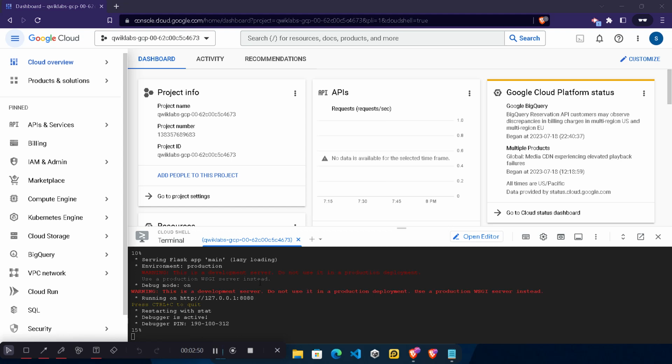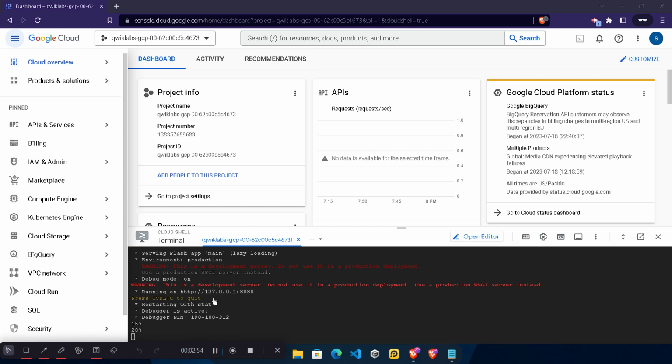So this is the red warning I am talking about. Below this you will see a HTTP protocol link. Okay, so you need to click on this. First of all, hold the control button and click on this and it will redirect you to the next page. A new tab will be automatically loaded. So click on this. Wait for this tab to get loaded.